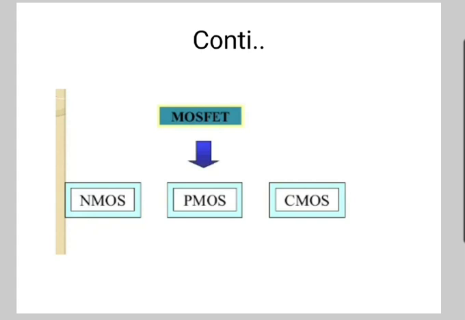In N-channel MOSFET, the substrate is P-type silicon and the channel charge carriers are electrons, hence the name N-channel. This conducting channel is formed between the two N plus ohmic contacts called the source and drain. The gate of the MOS is formed by the substrate and polysilicon as two plates of a capacitor with oxide as an insulator.